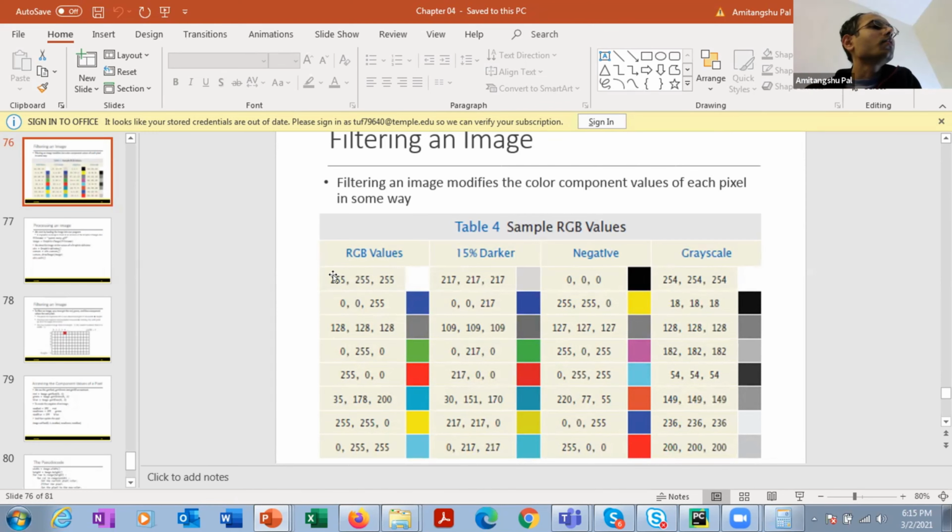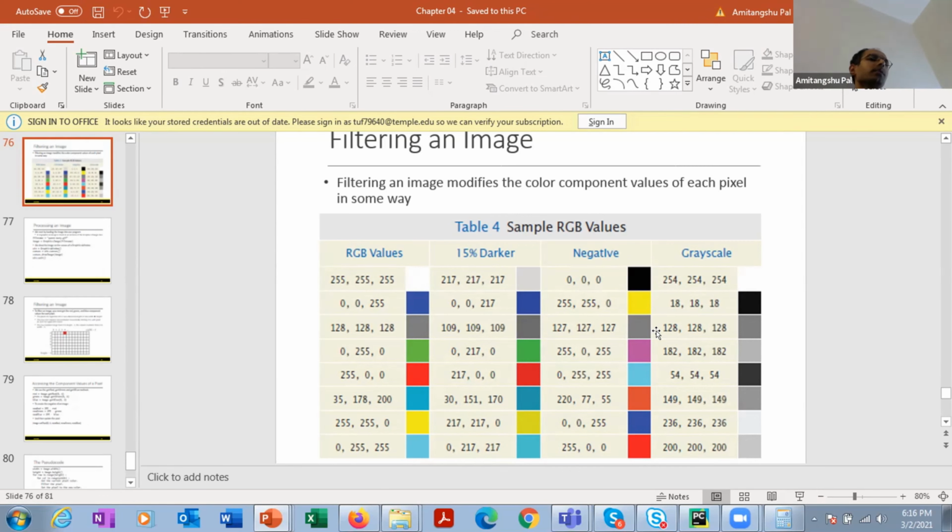If I deduct all these numbers from 255, it is going to be 0, 0, 0. So you will get black. If I write 255 minus the three numbers for blue, you will get 255, 255, 0. So blue will become yellow because you are mixing red and green, which will give you yellow. So negative of an image means you will extract each and every pixel intensity and then deduct it from 255. Then you will get a negative.